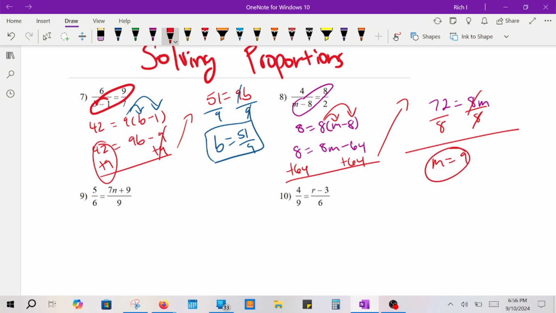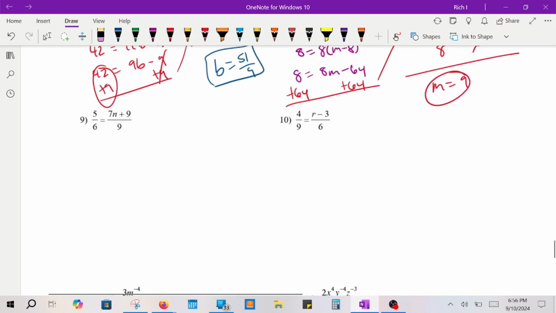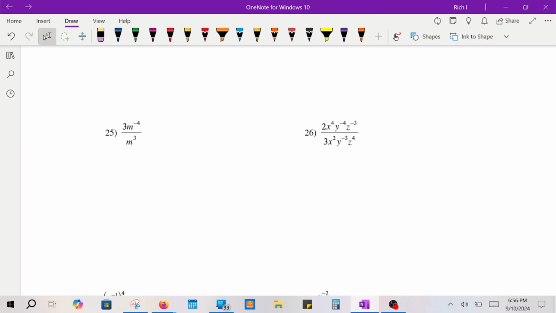So what I want you to do is, I'll leave these 2 problems for you to try out on your own and get you some extra practice. Alright, so there we go. So when you're done with that portion, you can scroll on down and we're going to head to the simplifying exponential expression. So this was on the back page of your